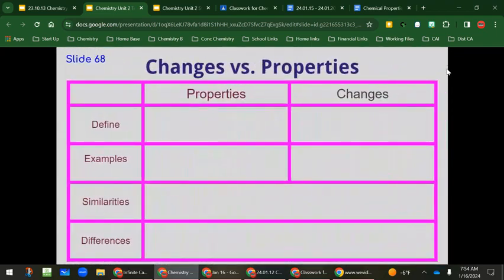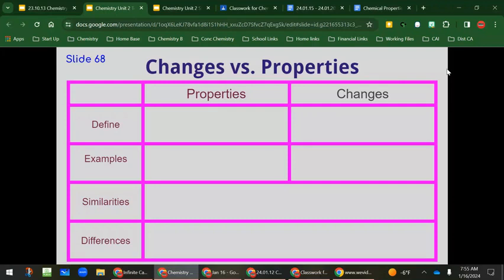So now we're going to just take a minute and look at the difference between properties and changes. By the way, you may have learned some of this in physical science. I'm pretty sure they would have gone over the differences between chemical and physical changes with you. I know I did when I taught physical science. Please remember, later on in the course, my students who are now in the second half, the second trimester of this course, are now realizing that, oh yeah, you're going to need to know this stuff later on.